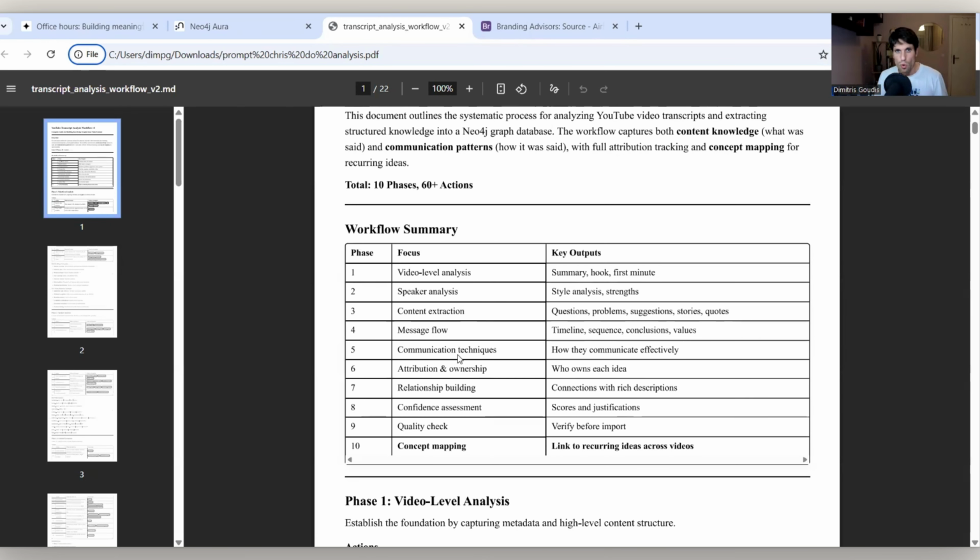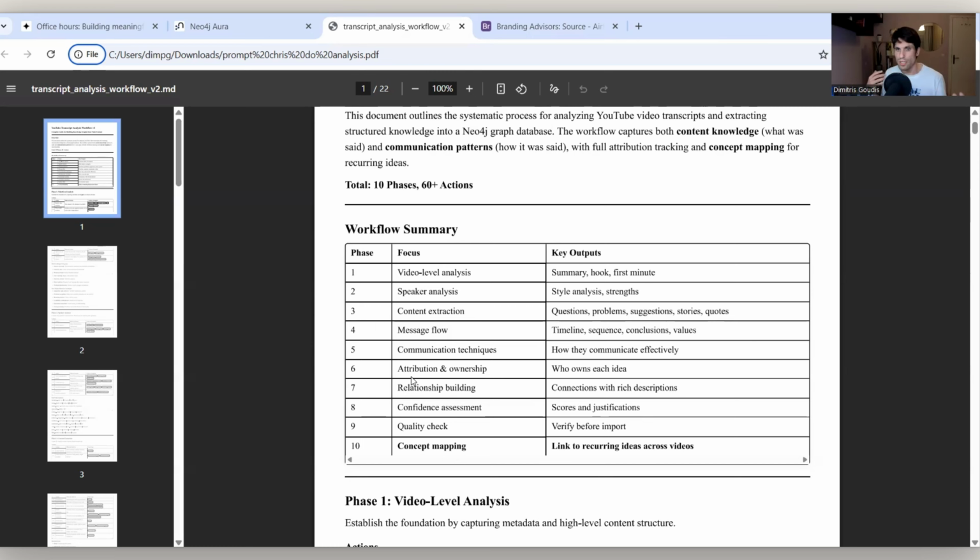So we put in 10 areas to focus on: the video level analysis, the speaker analysis, the content extraction, messages, and actually the message flow, taking care of the timeline, sequences, conclusions, values of each message, communication techniques they use, so I can learn from these ontologies later how to communicate my messages, attribution and ownership,